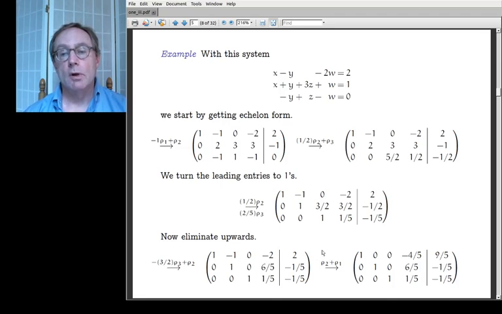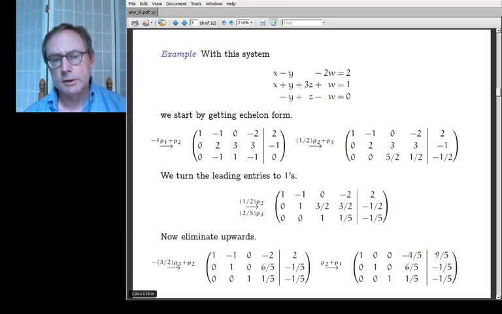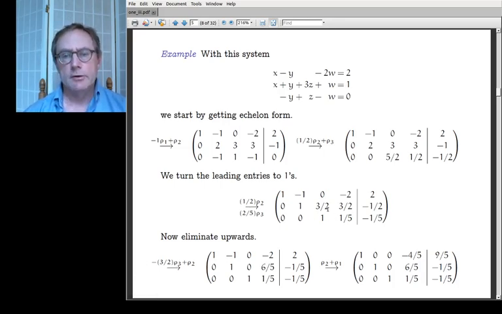Now I couldn't fit it all on one screen, but to use the one that's here to eliminate above it, oh, forgive me, what did I do wrong? Oh, there it is. Forgive me, I lost sight of what I was doing. Use the one that's here to eliminate above it. There we go, it takes minus 3/2 row 3 plus row 2. And then to use the one to eliminate above it takes row 2 plus row 1,